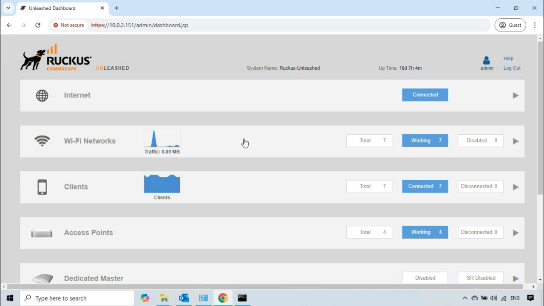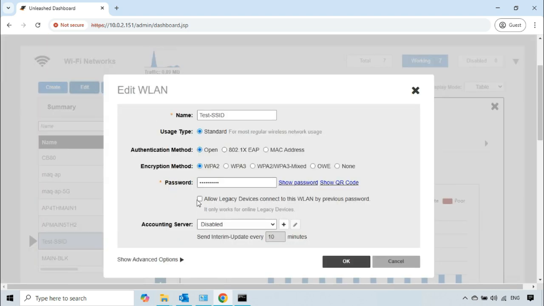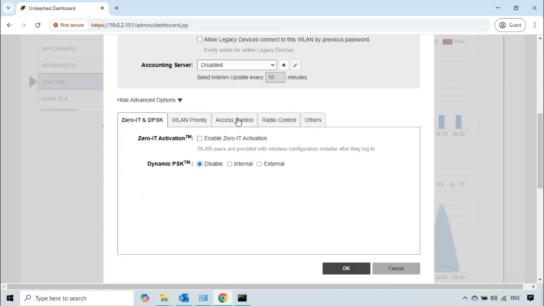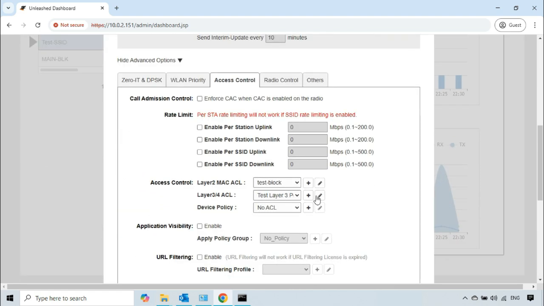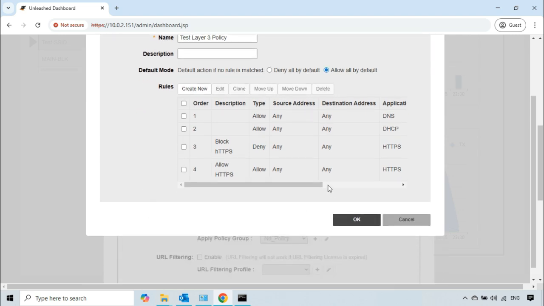access permission. I will again go to the same location, and press the Edit button to make changes to the selected rule. What I will do is select the rule Block HTTPS, and then press the Move Up button to bring it up. When I do that, the order numbers of both rules will be switched. Meaning that the rule Block HTTPS will be on the third number, and the rule Allow HTTPS will go to